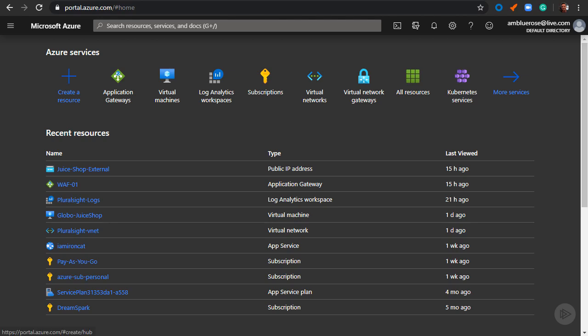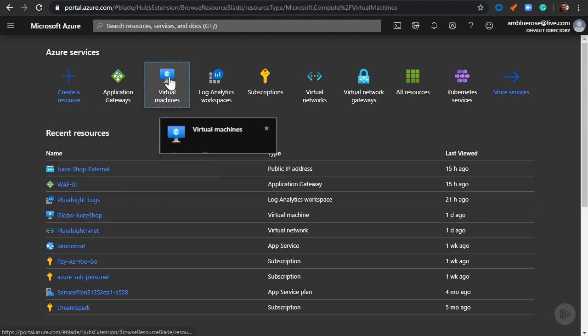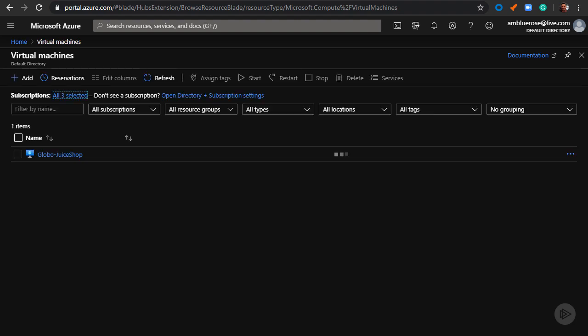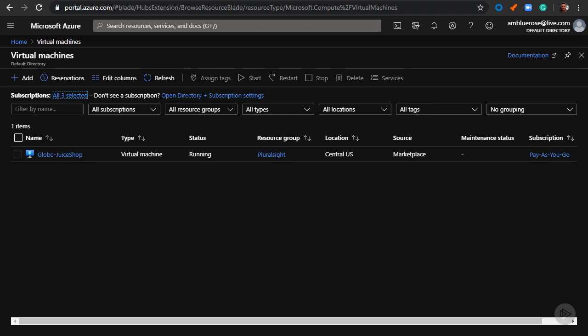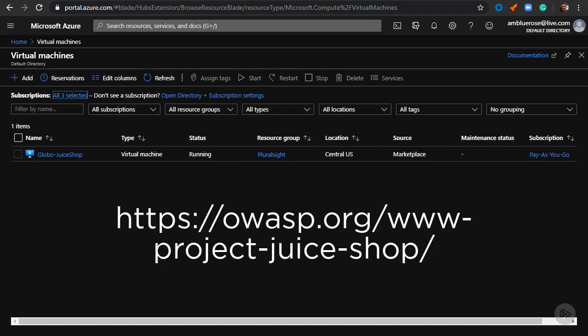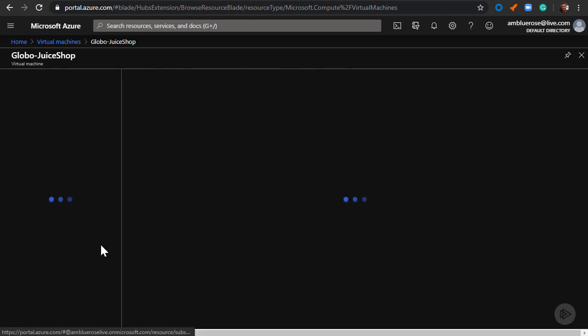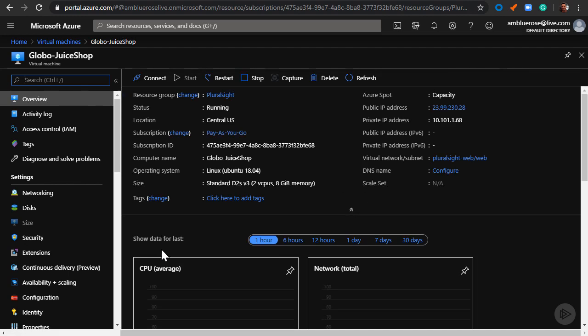So first, I want to orientate you to how this is set up in Azure. GlobalMantix is hosting a dev or test application of no real significance to the business on a virtual machine that you can see here, the Globo Juice Shop. Now, this test application and the instructions to set this environment up are also available in the demo files, along with the exploits ran for each demonstration and detection queries if you want to follow along or level up your security analyst capabilities on your own.